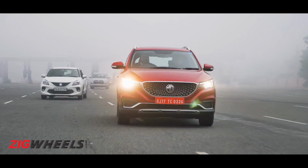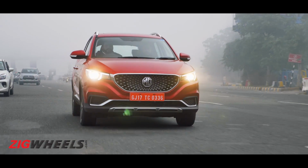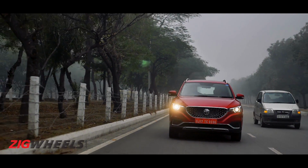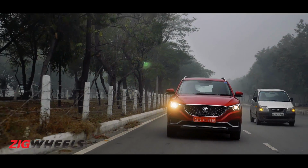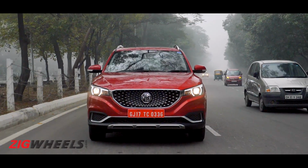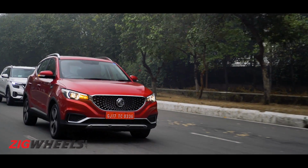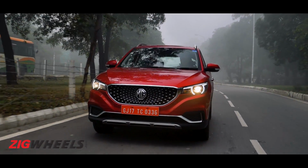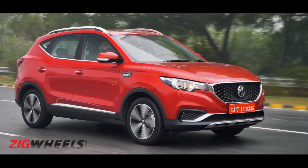In terms of range, the ZS EV comes with an RI certified 340 kilometers of range. On our drive that included driving from Gurugram to Greater Noida, through dense fog, while we were switching through all the drive modes, and at the same time enjoying the rush of sport mode. So we did lose around 100 kilometers of range in the 65 kilometers that we traveled. That said,